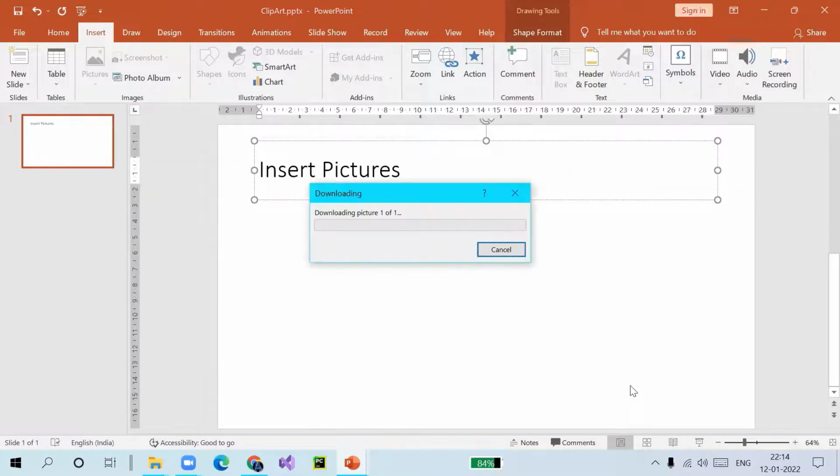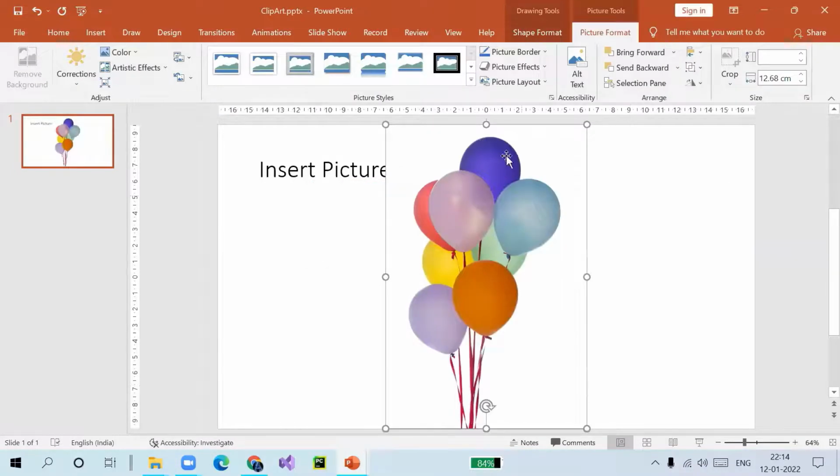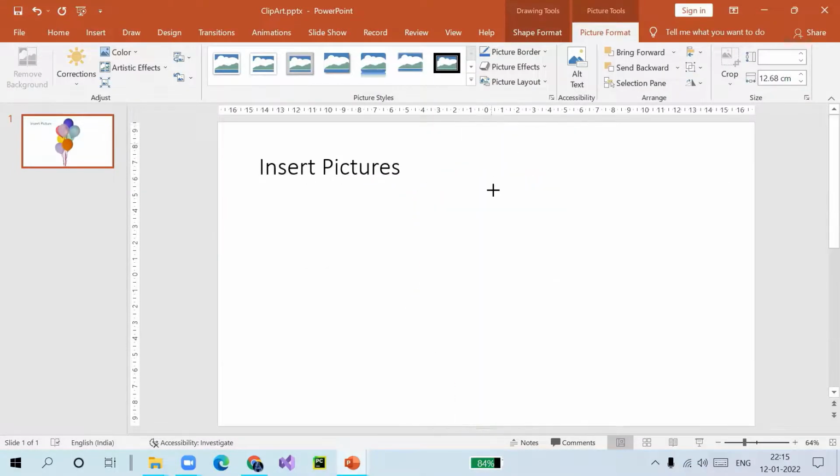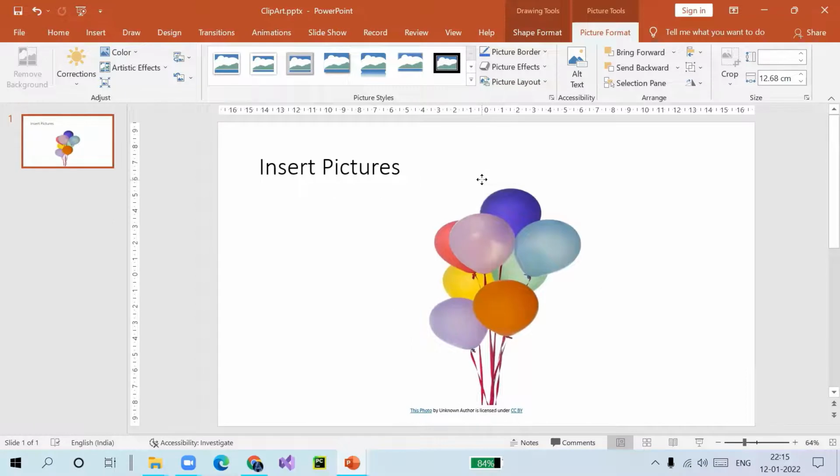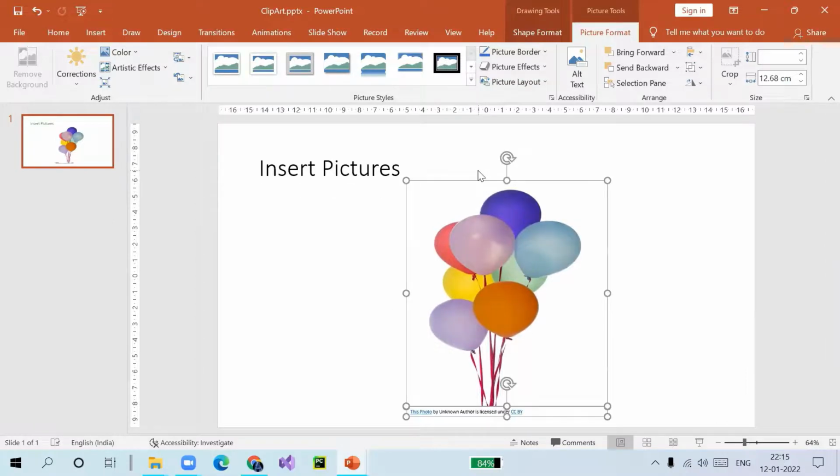And this way, the picture will be inserted into your current slide, and you can readjust the pictures. You can reposition the picture. So this way you can insert the online pictures in your PowerPoint presentation. Okay, I hope this is clear to you.